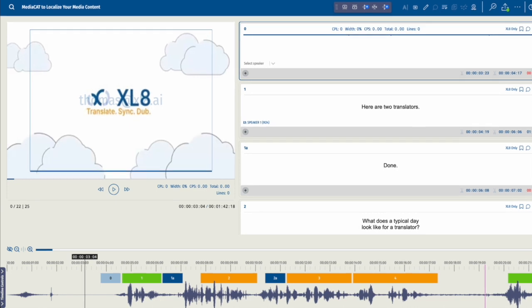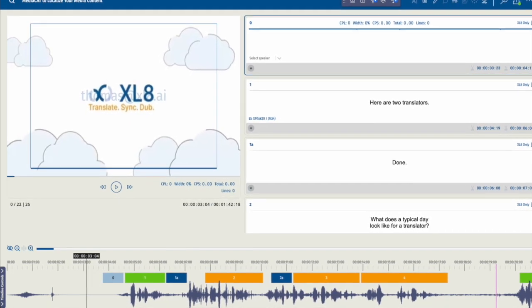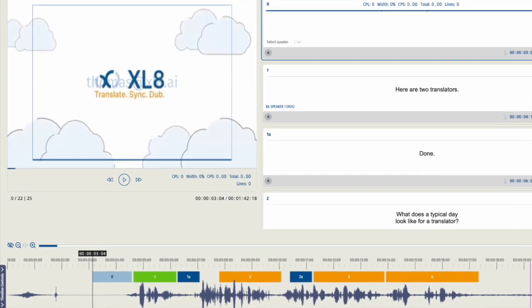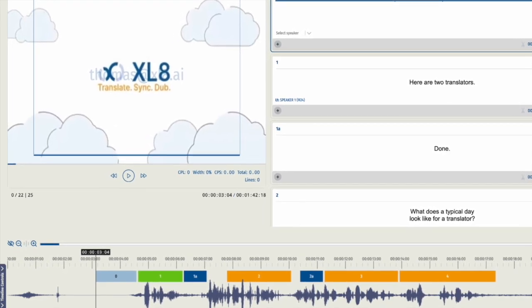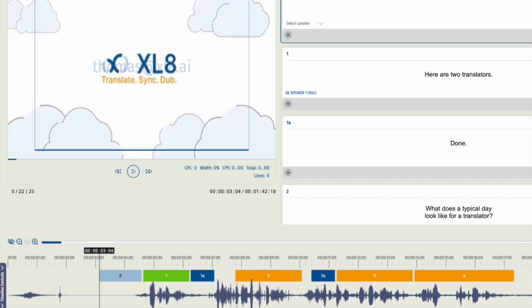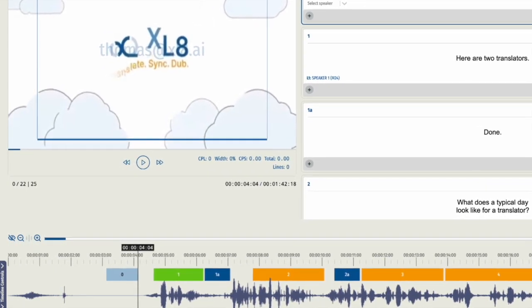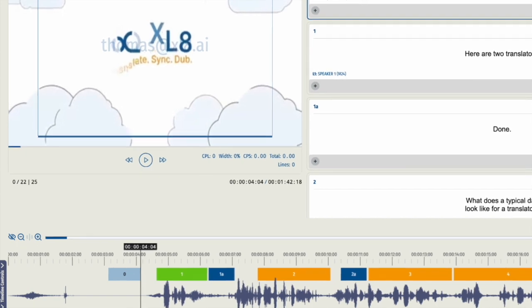Once you've reached the desired cue-in point, trigger the Set Cue-In shortcut. This will instantly assign the current timecode as the start point for the selected subtitle event. To set the cue out, repeat the process. Navigate to the desired endpoint, and then use the Set Cue Out shortcut to lock in the end timecode.